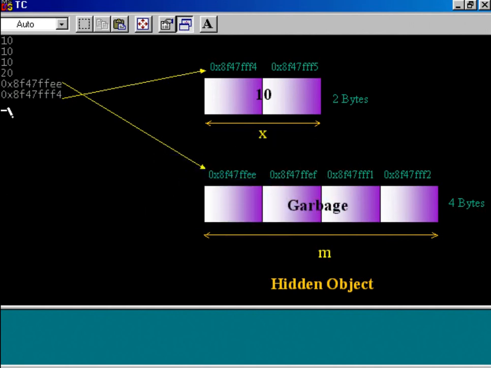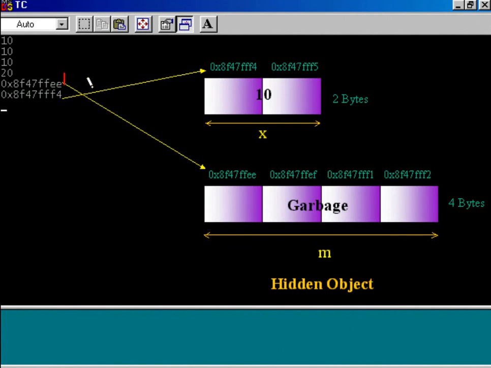Let us study the concept with the help of a diagram. This is a memory address of variable x. x is an integer type of variable, and that is why it will consume 2 bytes. The first byte is this one, and this is your second byte, memory address of second byte. The content of x is 10, which is shown over here. So this is your variable x, which is of 2 bytes because it's an integer data type, and these are the memory addresses. Clear?